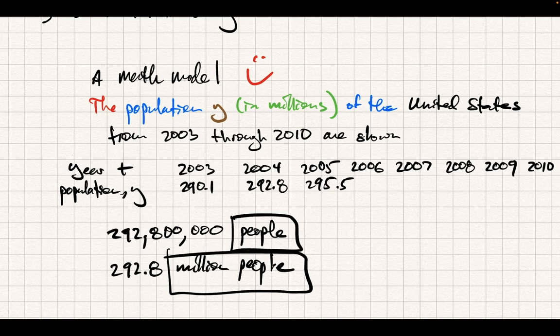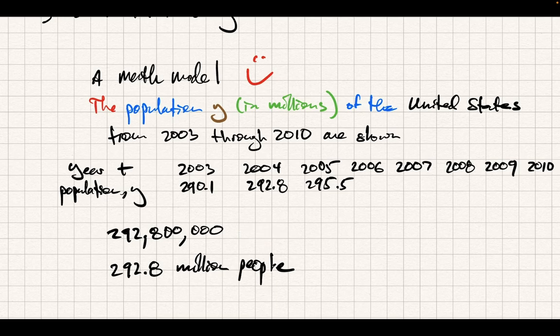Wait, what? If you just box it, even if you have it. No, I wasn't saying where the boxes go. I'm saying if you just answer this way or this way. Like maybe I give you a formula and you figure out that in 2004, the answer that you get out of the formula is 292.8 because your calculator even told you so. That is half wrong, because you didn't put units. Then you have a million people.